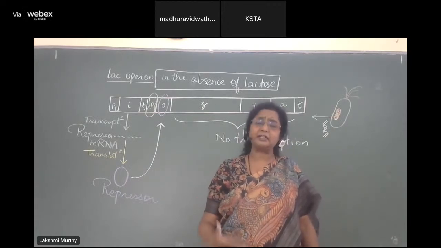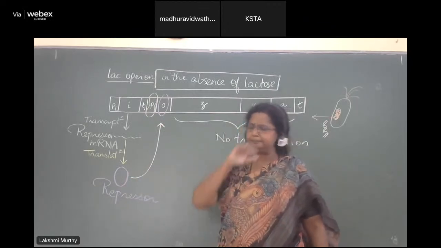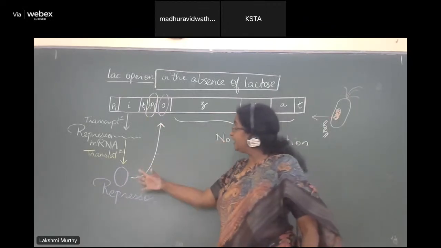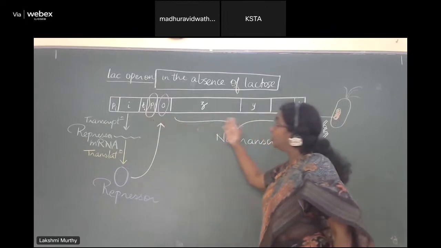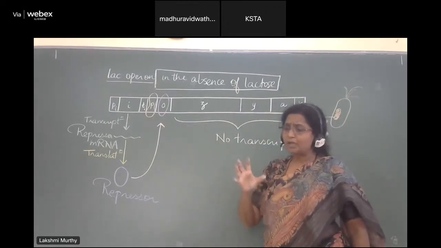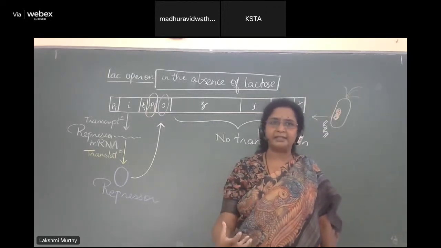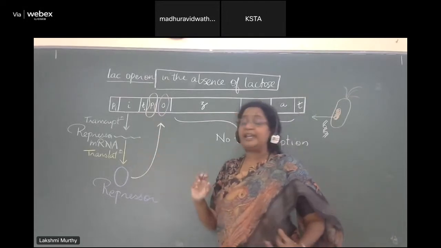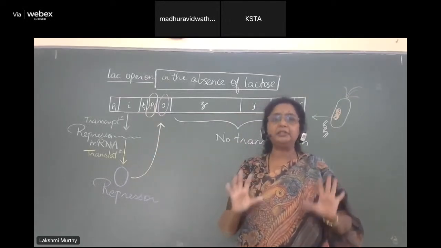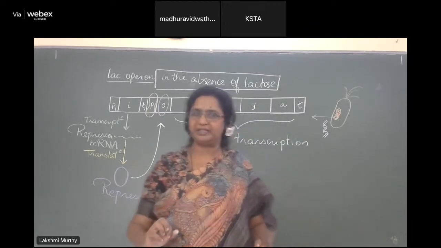Perfect, that is correct. There is no doubt that you need to spend some ATP to manufacture the repressor. But you will actually be saving a lot of energy by not manufacturing these three enzymes. So even to conserve some amount of energy, a little bit of ATP being used is absolutely okay for the cell. It is extremely beneficial and sustainable for the cell.